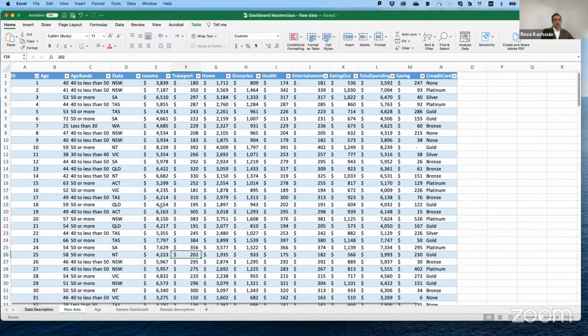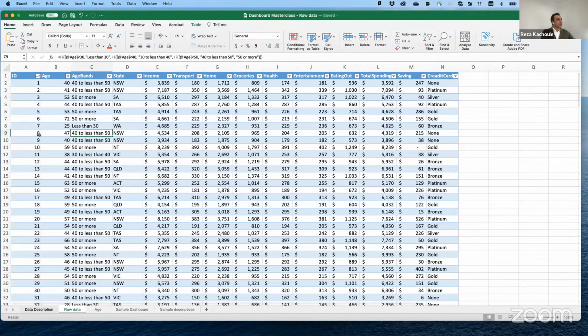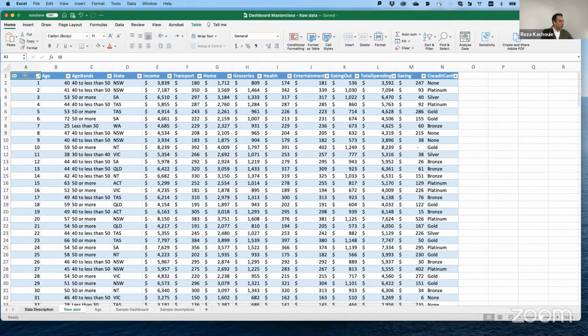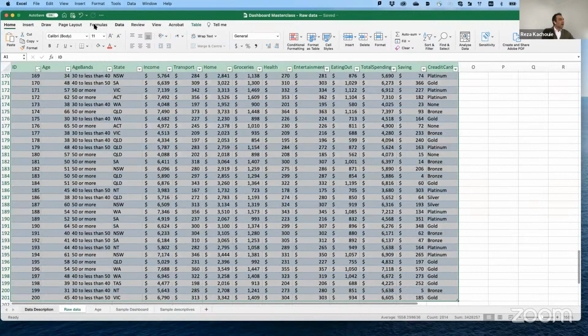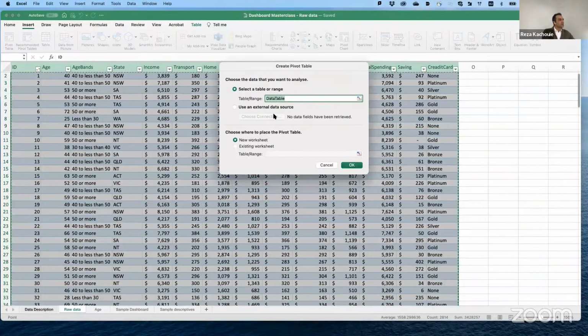Now we want to create our dashboard. We have already done the first step: we have created a table out of our whole data set. Now I am going to select my whole data set and insert a pivot table. It says that we have the data table, correct? We named it data table.